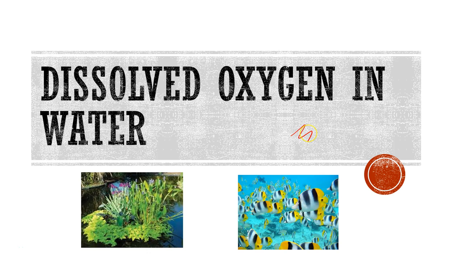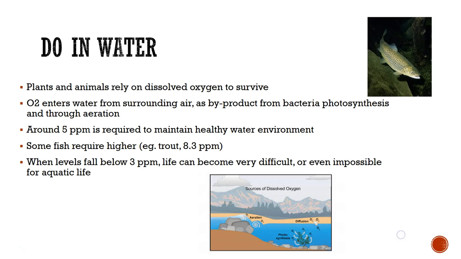Okay, so here we are looking at one of the specific aspects of redox chemistry that we need to look at for our course, and that is determining the amount of dissolved oxygen in water. And we do this via redox titration, known as the Winkler method. So let's have a look at it. So essentially, dissolved oxygen in water is looking at the amount of oxygen gas that actually dissolves from our atmosphere